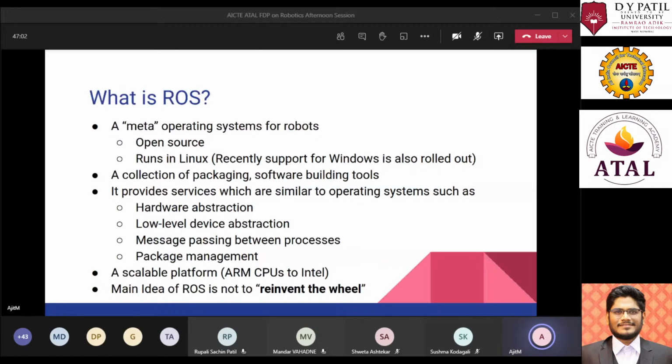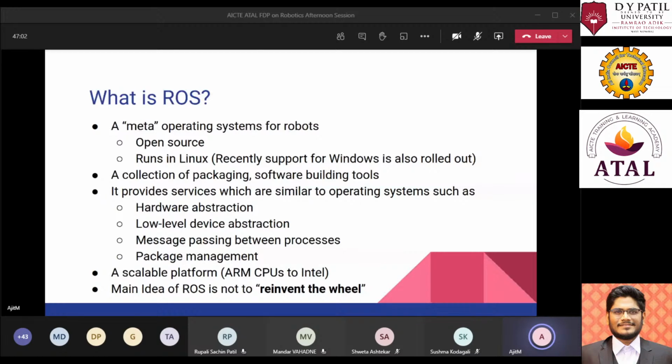Then the most important part of Robot Operating System is the message passing architecture between processes. When you have multiple processes working together, they need to talk with each other, right? For this, ROS is an excellent architecture which provides this publish-subscribe message architecture, which is really important in the field of robotics, because there are so many things going on with sensors, with planning, with vision, and this helps a lot.